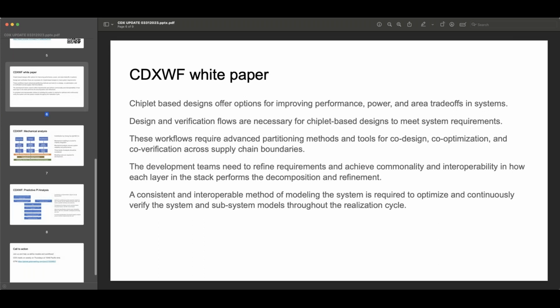In the chiplet world, we need to have so-called predictive flows that we can run at the very early stage, before even we have the final chiplets, where we can look at power, thermals, choices of packaging, integration, power integrity, signal integrity. All of that stuff needs to be considered early on.